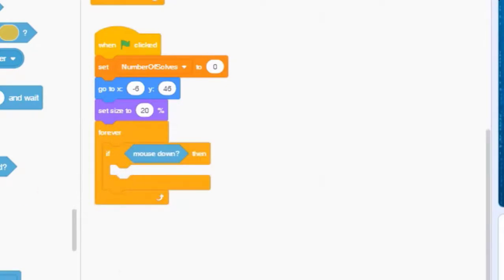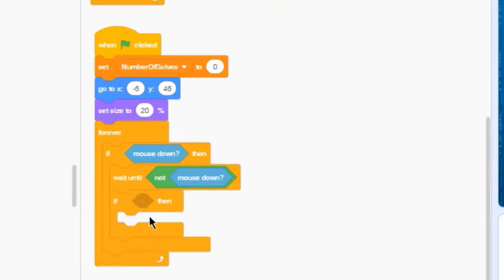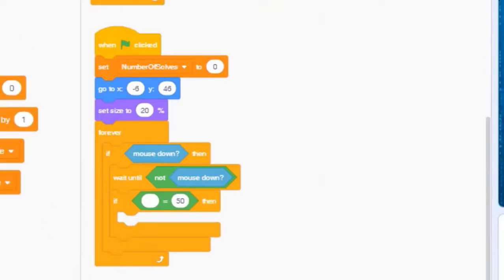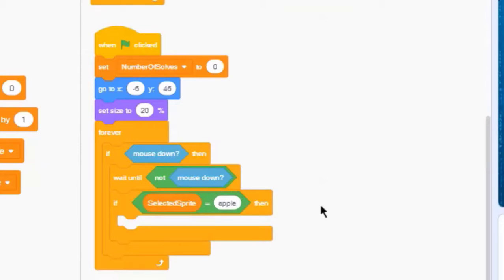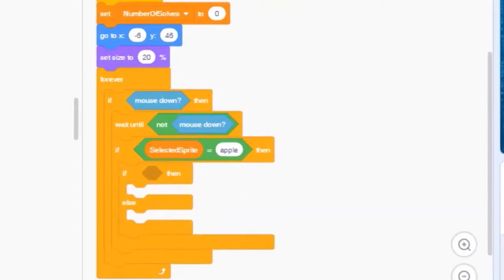Once the mouse down key is clicked and condition returns true, our code will actually wait until the mouse click has been released, or in this case, wait until mouse is not down. Key can be released on both correct shadow and wrong shadow. We can check this phenomena by adding if-else block to our code.